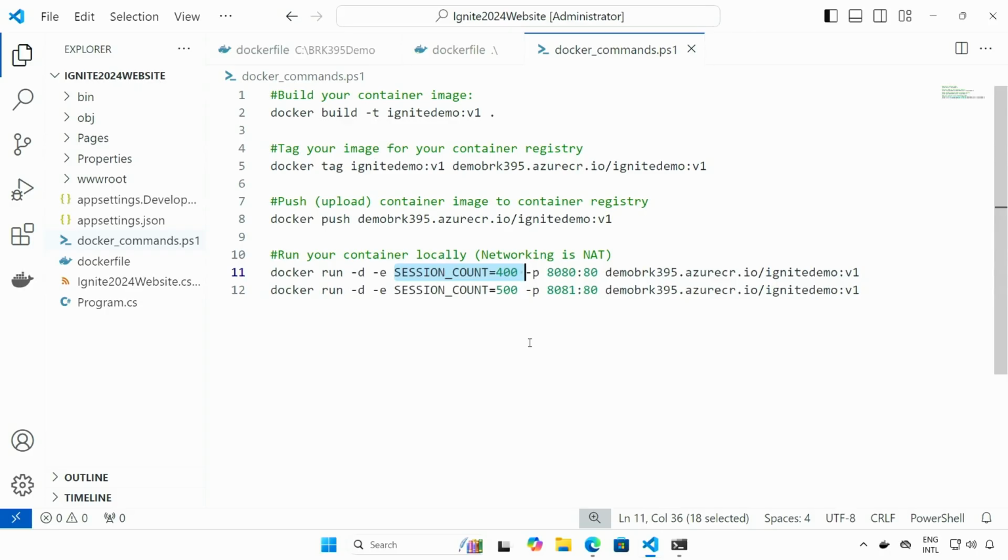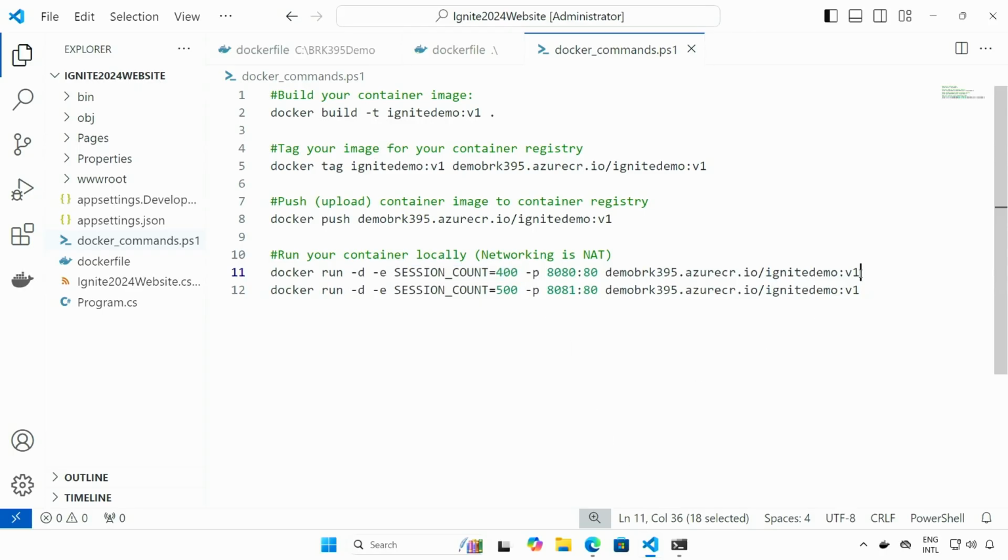To emulate that, my application says, when I launch, how many sessions are available for scheduling for the Ignite conference. That's the information I'm passing as an environment variable for the container. Every time I deploy, the information that the application needs can be passed for that particular deployment.